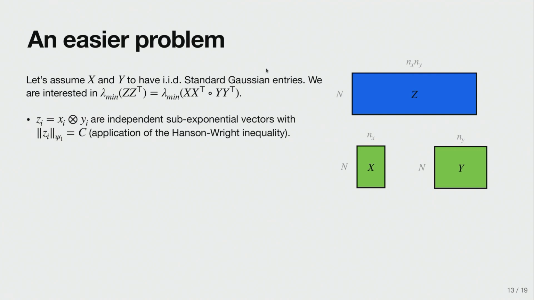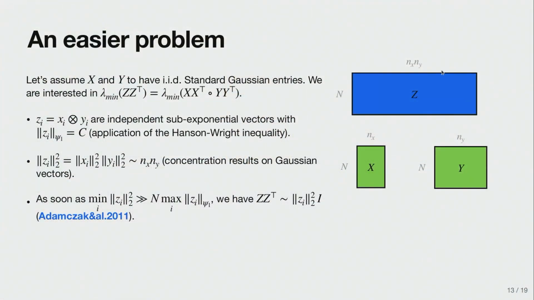What do we do? Let's look at the rows of this Jacobian, Zi. It's written in this Kronecker form, and I can use a very fast Hanson-Wright inequality to show that the sub-exponential norm of these rows is constant, so it's very small. Other very easy results on concentration of Gaussian vectors would give us that the L2 norms of these rows are very large. So they scale as the product of the number of columns of x and y.